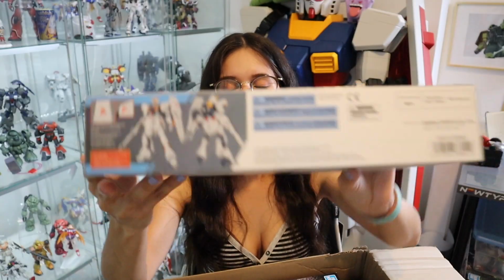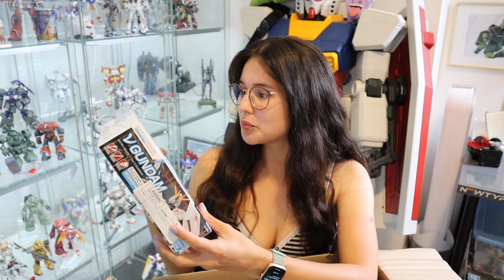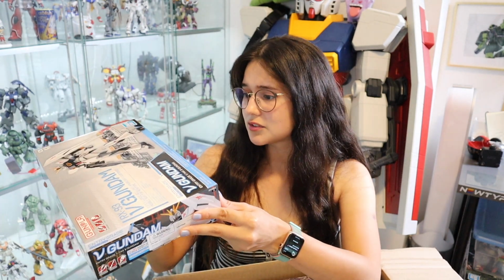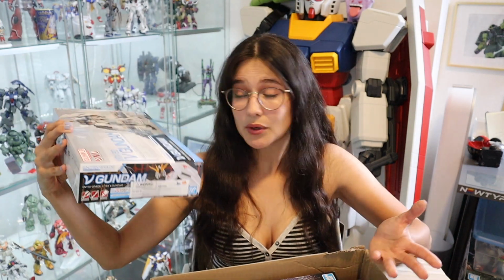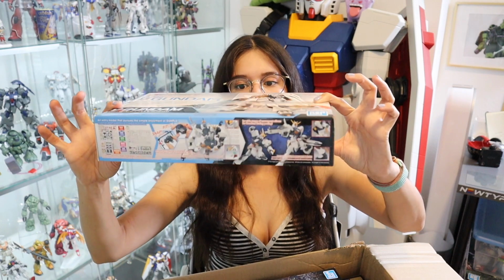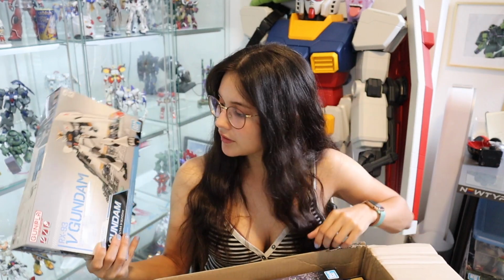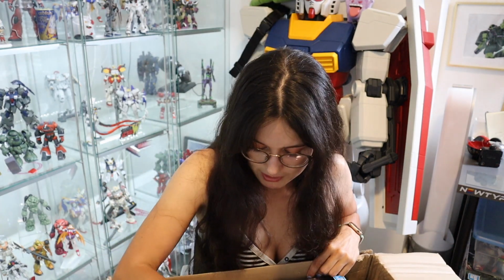So I kind of want to see how he compares to a high grade. I'm really curious because from what I've seen, these guys look really good. So I'm definitely excited to put this together and see how it holds up. Obviously it's not going to be a real grade, but I just want to compare this to a high grade and review it on the channel for you guys so you can also see the differences. All right, next up,